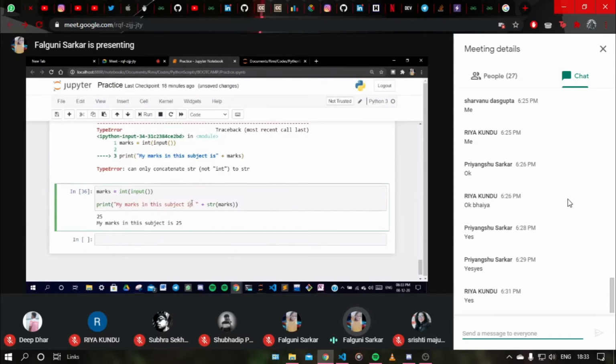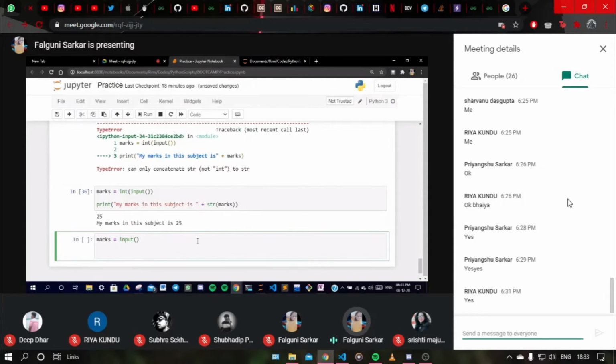And it might be possible that I got an input. By default, any input is in string format. Like if I just throw an input to the user, and my computer will consider it as string. So if I print,